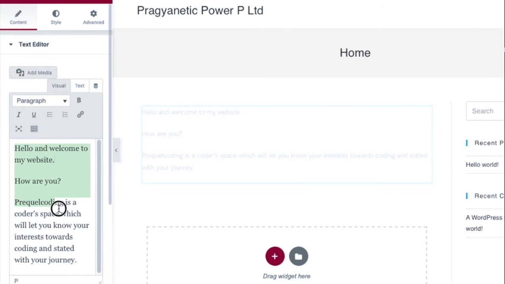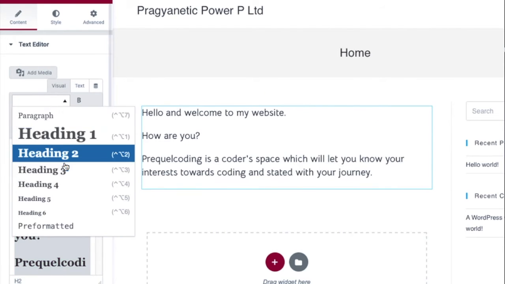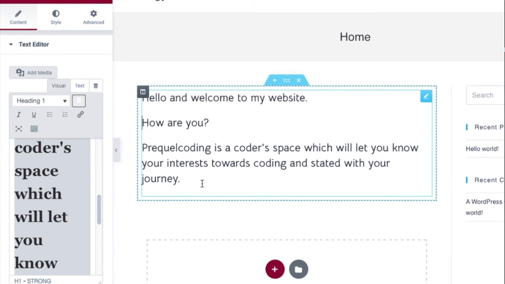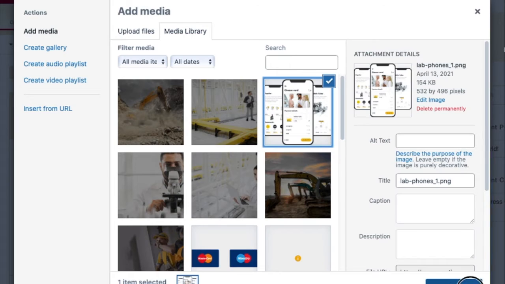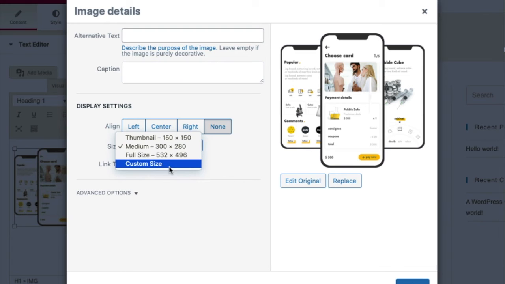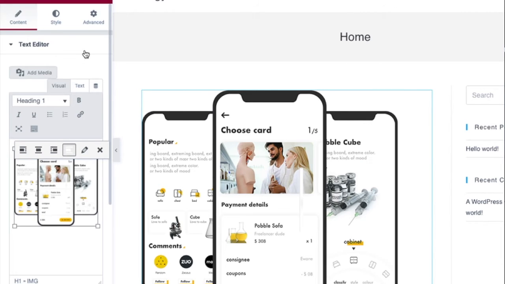So I want the font to be heading 2 so that it's more clear. So now bold text, and now I have also shown you how to add images. You need to go to the library and insert into the post. You may set where you want to add it also. You may specify the full size, and it's been updated. Now I'll update this and let us check it out.